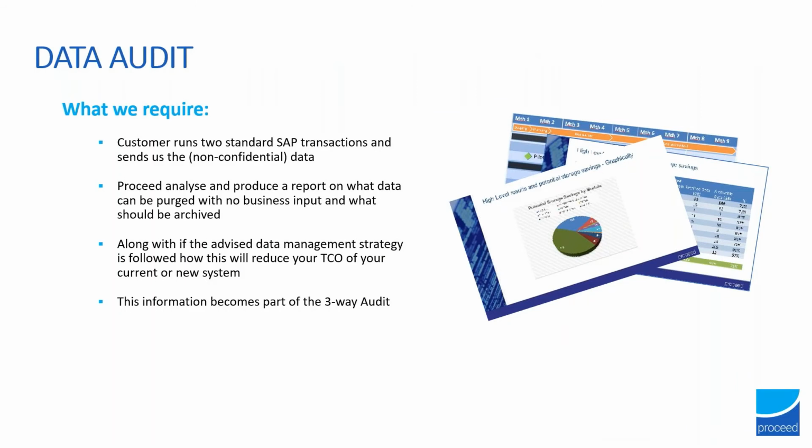So from the audit perspective, what do we require? From Proceed, we do this with lots and lots of customers and have done in the past. We essentially can gather some simple data from your system. We have to run 2 SAP standard transactions, and that provides us with enough information to give you a detailed understanding of what we can do straight away, and where the biggest opportunities are. We have to do some clarification on it because of retention times and residency times. I'm getting into archiving babble now, but yeah,